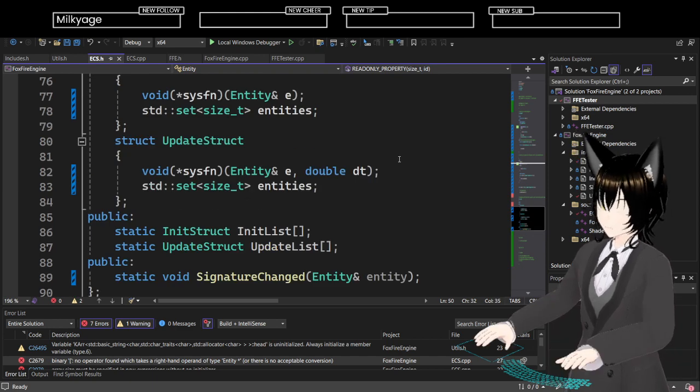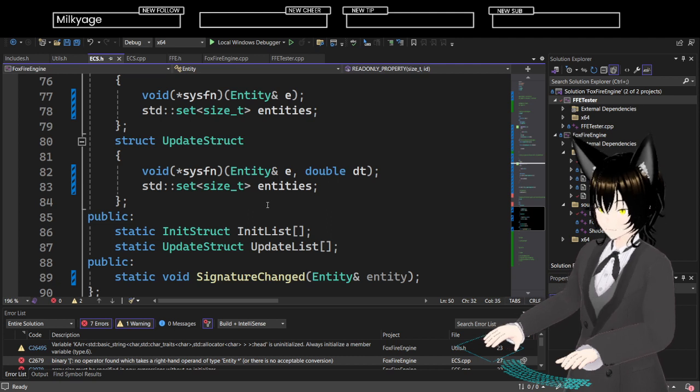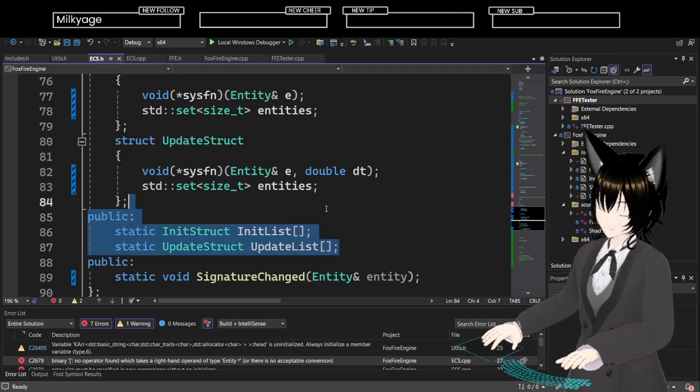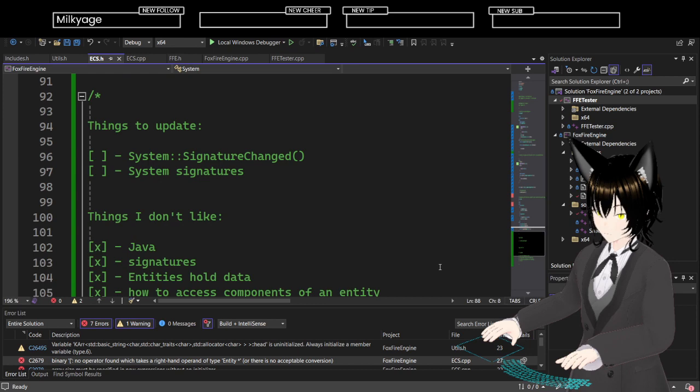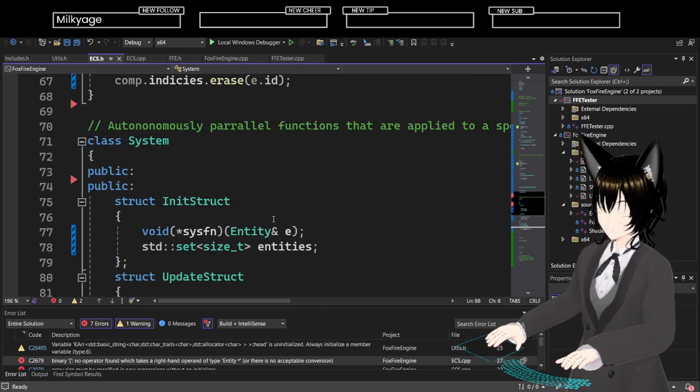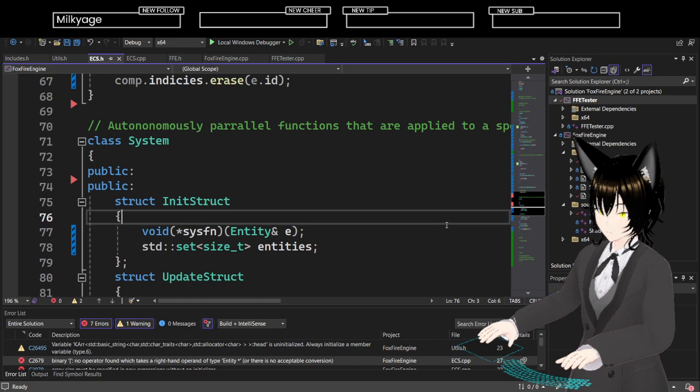The update struct is this thing. And each of these lists will be a thing, right? Because I will need at least some semblance of a signature.